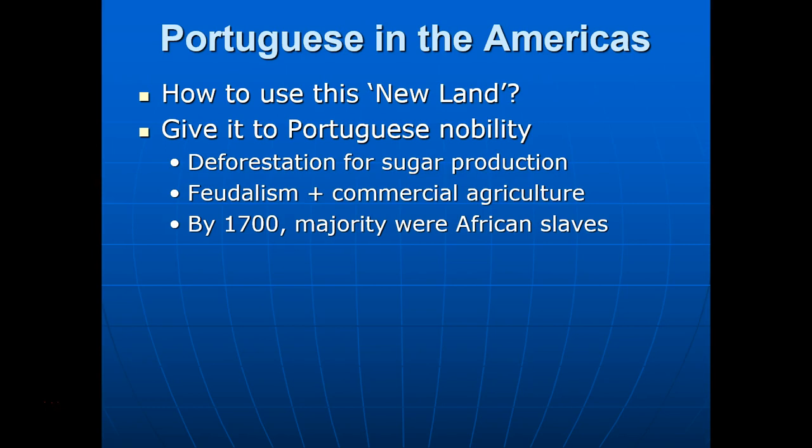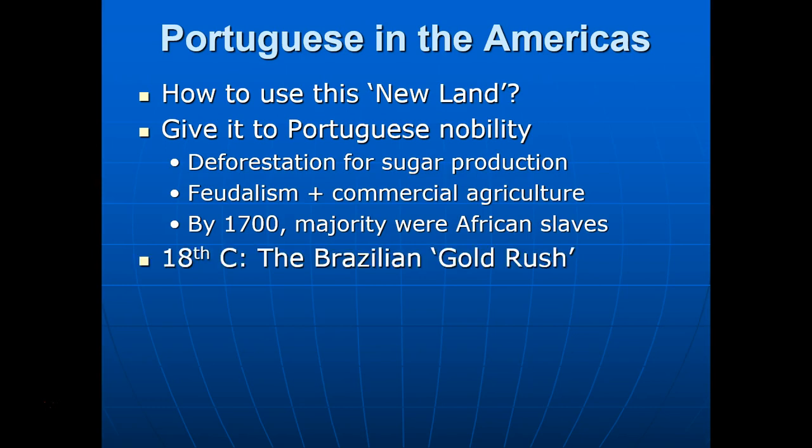By 1700, more than half of all the people in Portuguese Brazil are directly from Africa. We'll talk more about this later on, but that's a really, really big turning point right there. In the 18th century, then, there is a discovery of gold, which leads to a kind of gold rush. But the thing about it is, the profits from that gold are used to produce more sugar, and it's not